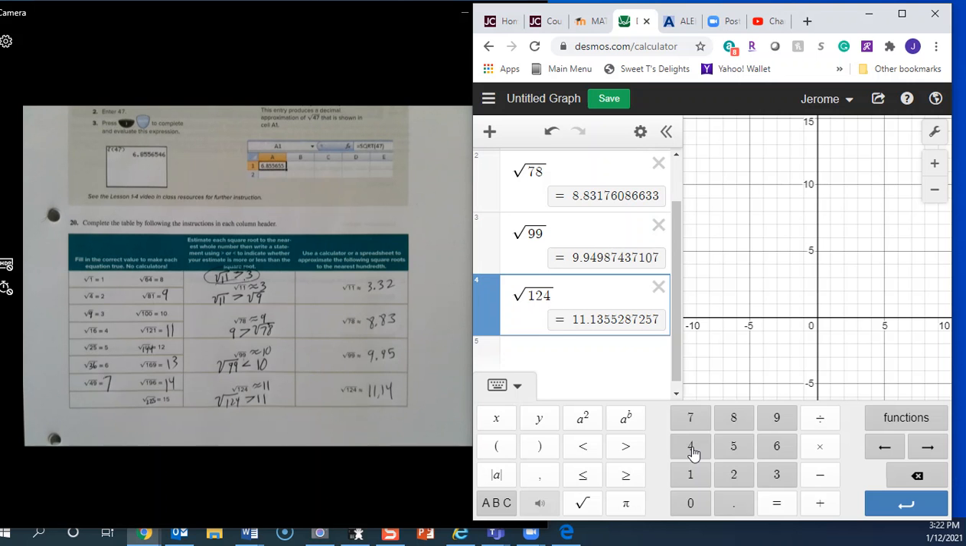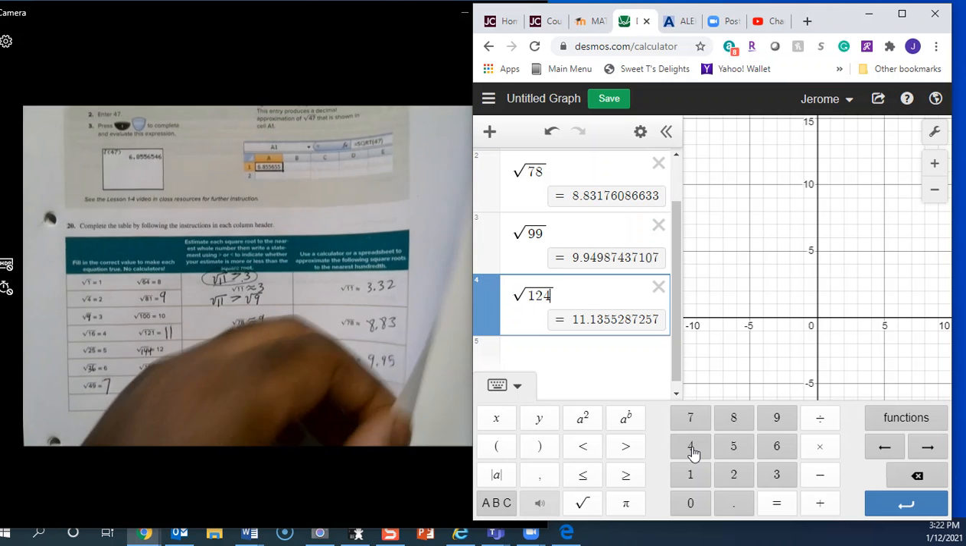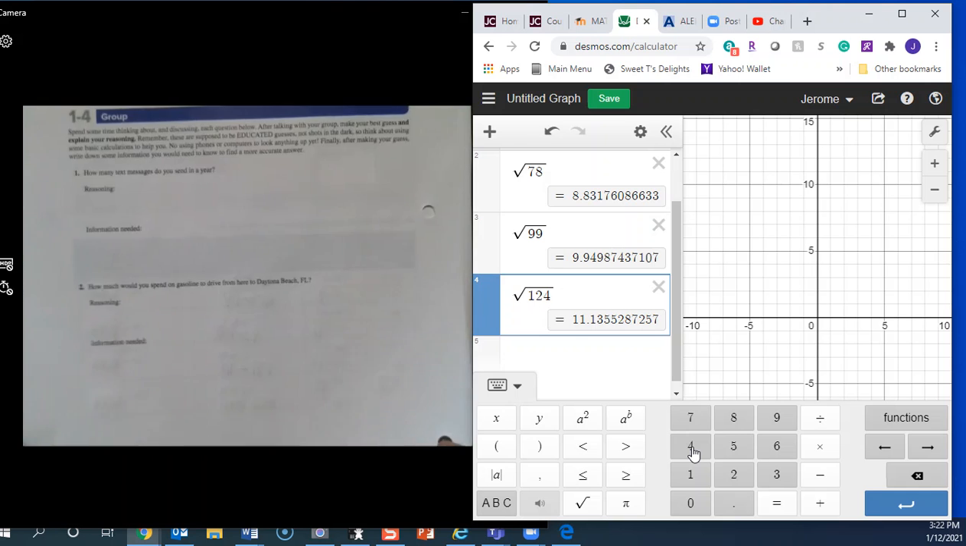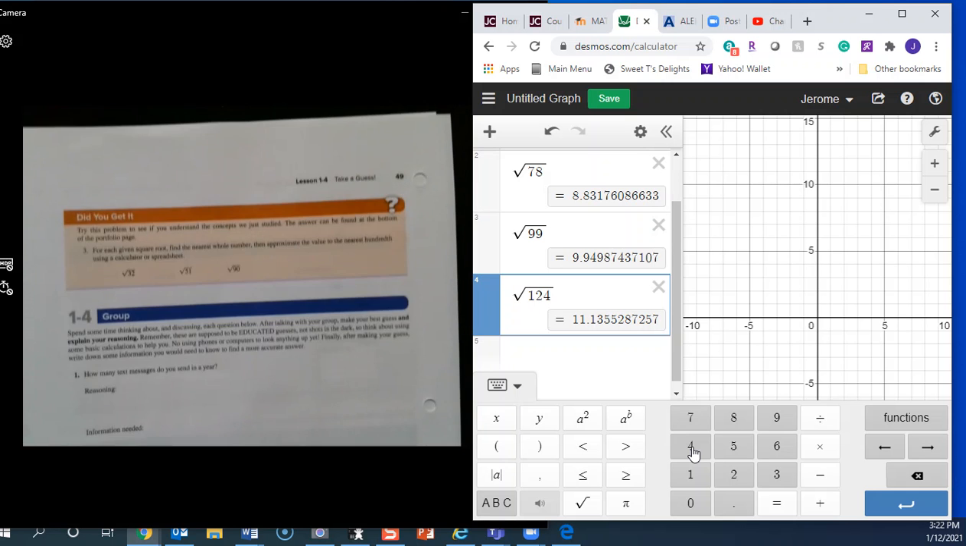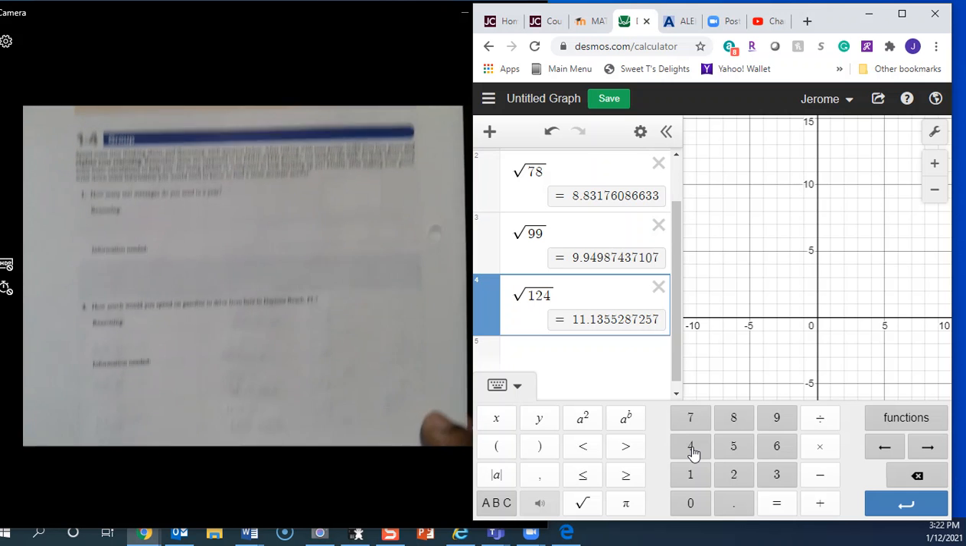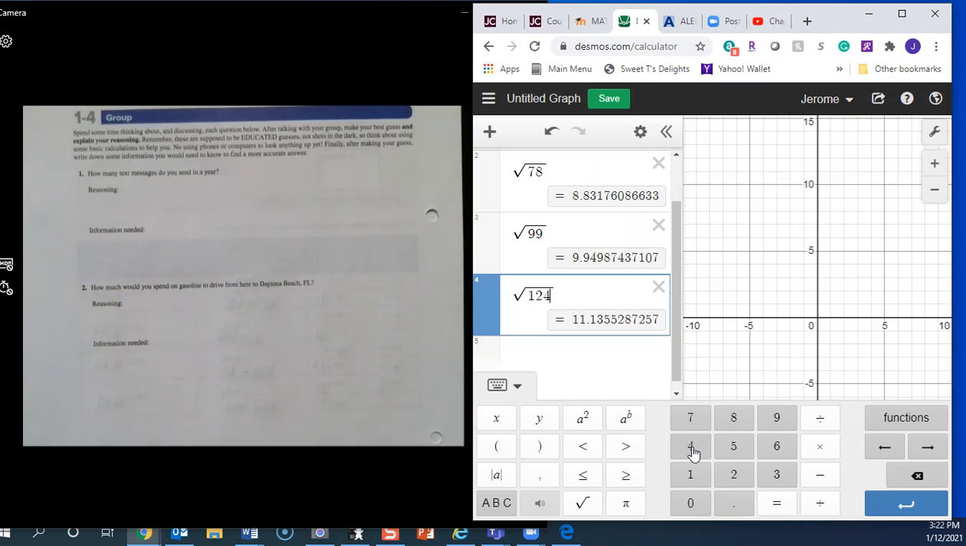So we definitely did those correctly. Now, the last part of section 1.4 is the group activities. The reason why, and it's on page 49, is because in your syllabus, it tells you to pick a couple. So I'm going to pick the couple so you all will have a uniform